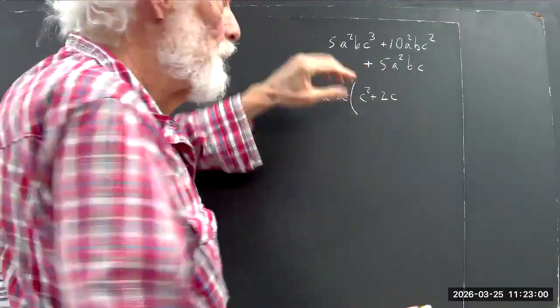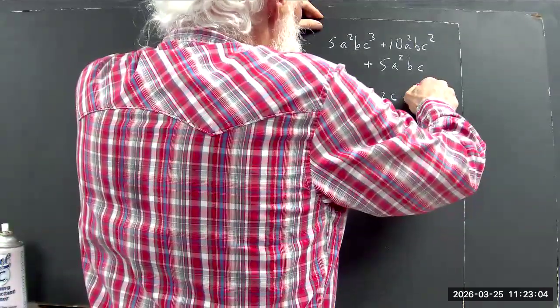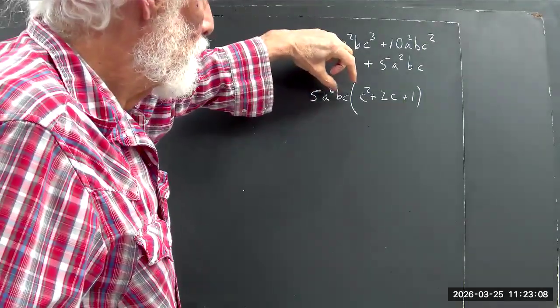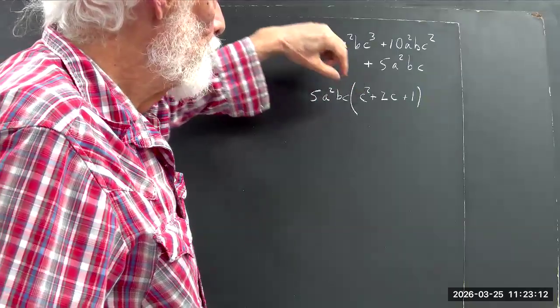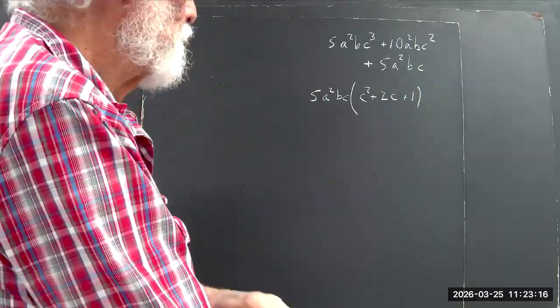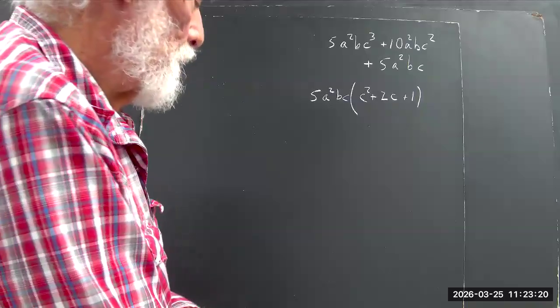So what would we multiply by 5a squared bc in order to get 5a squared bc? Well, when I pose it like that, everybody says, yeah, that's 1, okay? So if we multiply the 5a squared bc by c squared, we're going to get our 5a squared bc cubed. And I'm going to back up